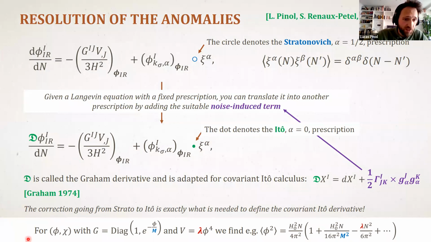Let me just mention that from this, we are able to derive new results in the case of multifield inflation. So for example, the 2-point function I was showing before in the case of single field inflation and lambda phi 4 interactions, we're able to generalize it to multifield inflation when they have these non-trivial kinetic interactions. So you see that the expansion in 1 plus lambda n squared is modified. You have some new term which depends on m here, and m is actually the typical curvature scale of your curved field space.